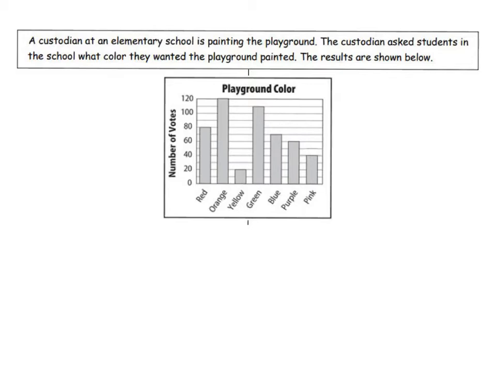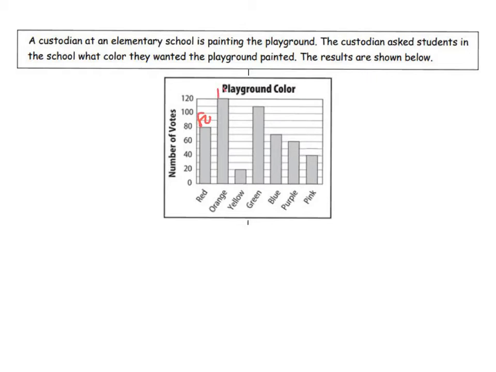So it says a custodian at an elementary school is painting the playground. The custodian asked students in the school what color they wanted the playground painted. The results are shown below. So basically, this is a bar graph, and the first thing to do is actually write the number over the bars. So we have red is 80,